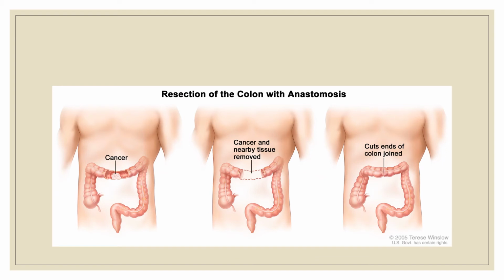And this is just an example showing you what an anastomosis may look like. On the left here, it's showing you the cancer within the colon. This would be the transverse colon: ascending, transverse, descending to the rectum. In the middle picture, they remove the cancer, and of course, like they said, 5 centimeters on either side. And then they're going to sew the new ends together. And that is what an anastomosis is.